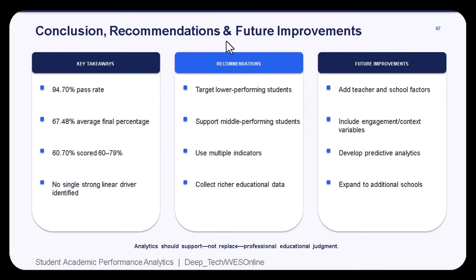However, our analysis also showed that there was no single strong linear driver for final performance among the variables available in the dataset. Based on these findings, we recommend that educators provide targeted support for lower performing students while also monitoring middle performing students who may benefit from additional intervention. We also recommend